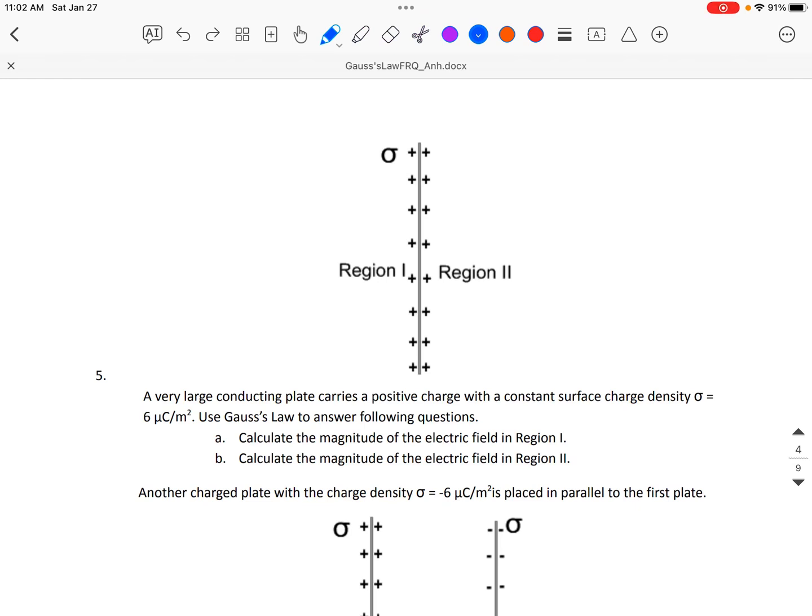In problem number 5, we are given a positively charged plate and rho, and we also know that rho is equal to the charge over the area, and it says to calculate the magnitude of the electric field in region 1. So in this scenario, we learned that when you have an infinitely charged plate, we can use a cylinder